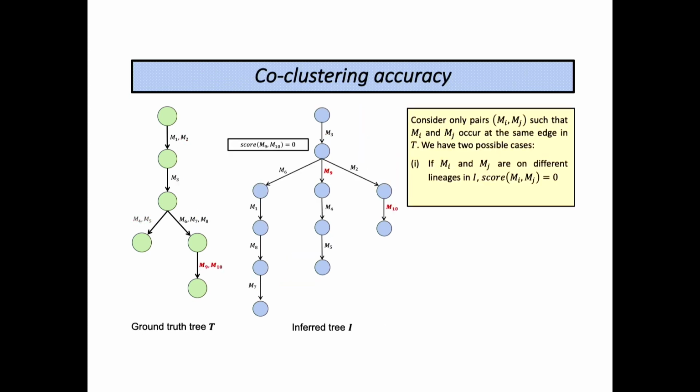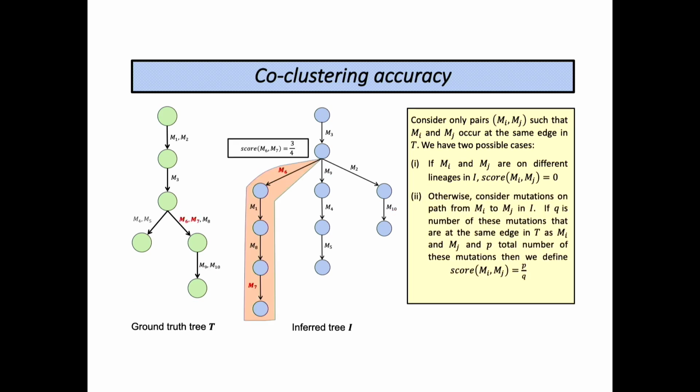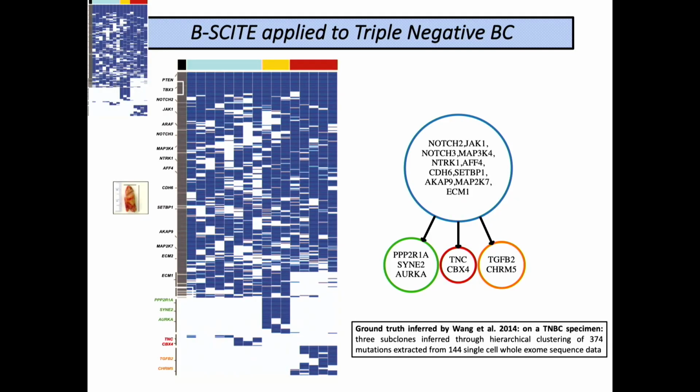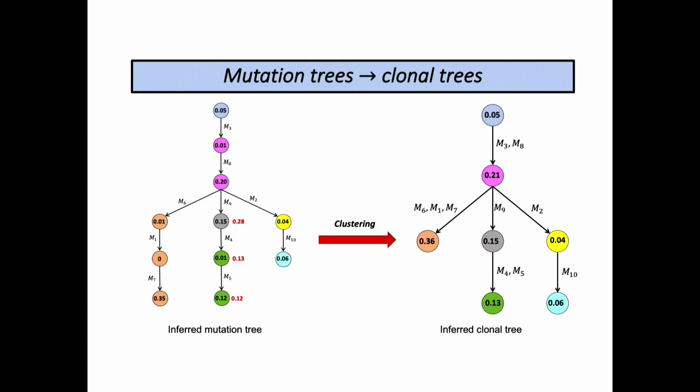So I'm not going to get into measures of computing a similarity between trees. But in summary, B-Site seems to capture clonal trees from publicly available single cell data integrated with bulk sequencing data quite well. There are a few examples that I can go through, but since this is an algorithms workshop, let's skip to the new contribution,